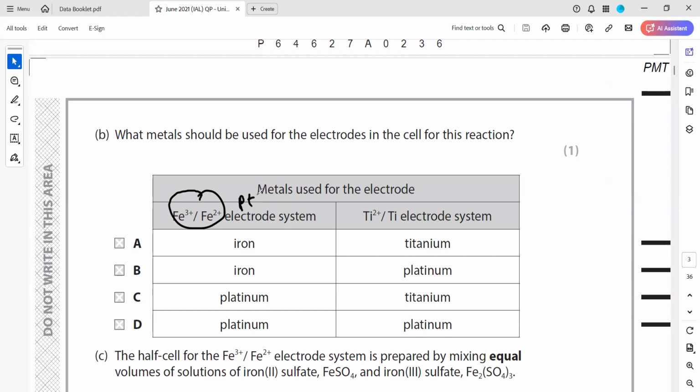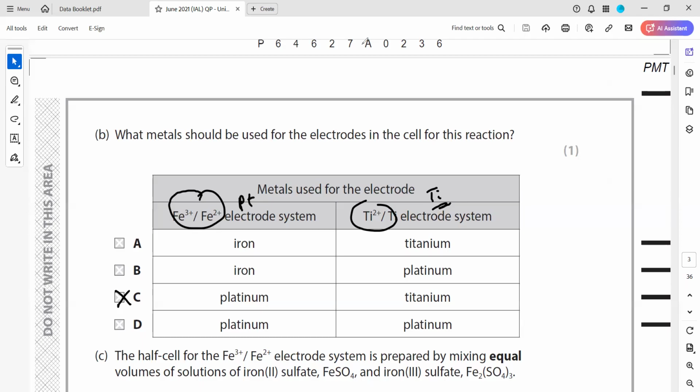Like this, because the ions are changing their oxidation number, which means the solution is changing. And titanium ion turning to titanium atom is there, so titanium is formed, so we should use a titanium electrode. So how do we decide which electrode we should use? If you find that only a change of oxidation number is taking place, ions are changing their oxidation numbers, then we use a platinum electrode. But if you find that atoms are being formed, or ions form atoms or atoms form ions, then you should use an electrode of the same metal. So we use platinum and titanium. So C will be the